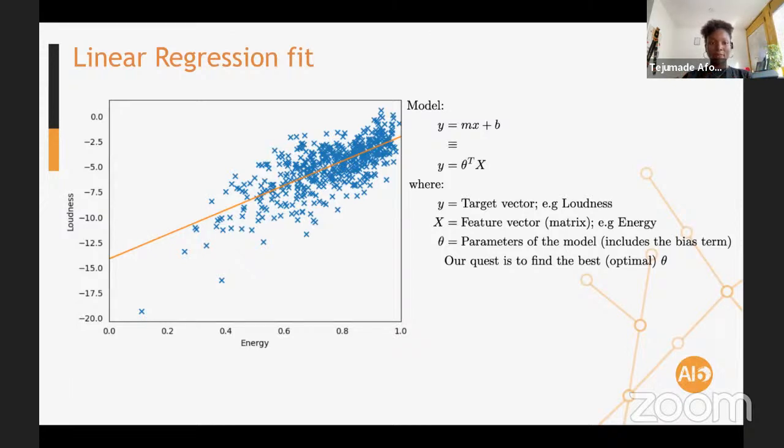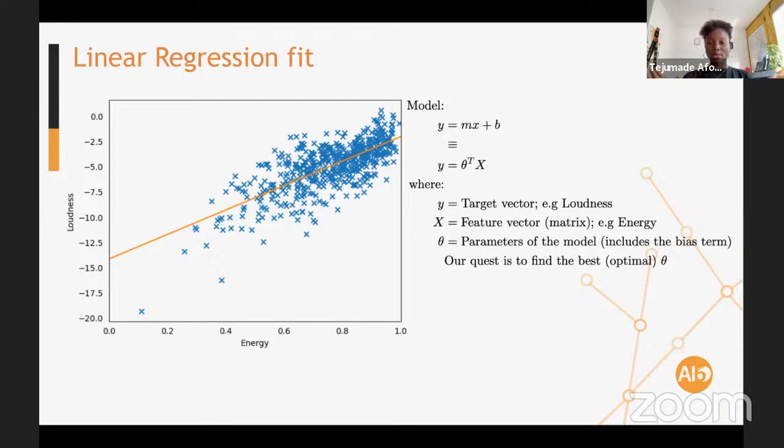So the parameter of this line that we just fit is what made the line look like that. It has a bias term of about -13 if you look towards the y-axis, and then the weight is some value that I need to do some math to deduce the exact number.